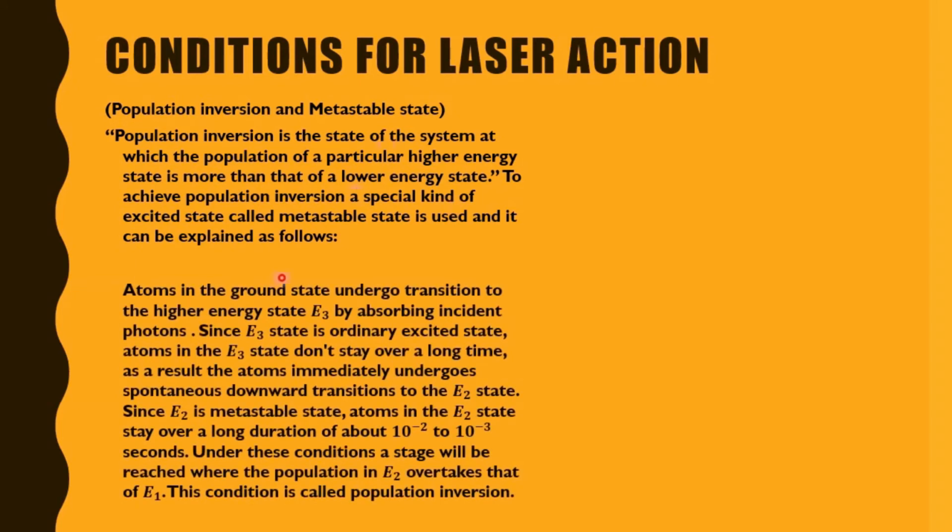That means an atom in the ground state undergoes transition to the higher energy state, that is E3, by absorbing an incident photon. That means it will move from the ground state to E3 by absorbing a photon. Since the E3 state is an ordinary excited state, it will not stay a very long time. As a result, the atom will immediately undergo downward transition. It will not stay for a very long time. It will directly move downward to the E2 state, since this E2 state is metastable,